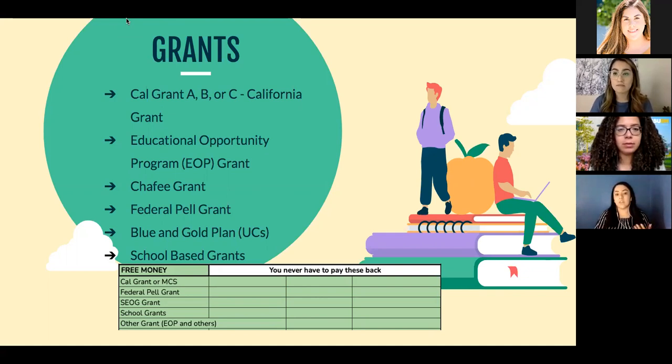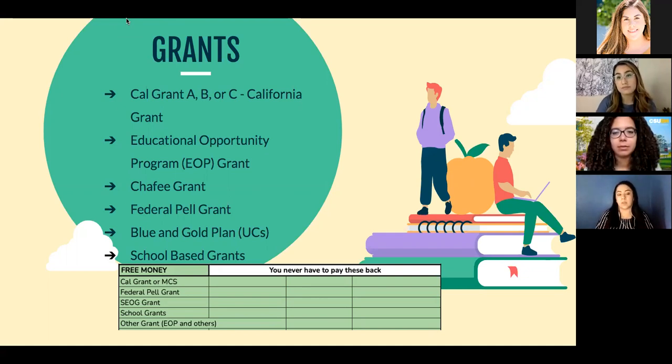Make sure you're constantly checking that you're logging into your Web Grants account so you can submit any additional documentation that is requested from either the campus itself or from CSAC. And lastly, once you do graduate, you will have to update your graduation date on there. So if you graduate June 4th, 2021, you'll go back to your Web Grants account and you'll update that date on your Web Grants account.